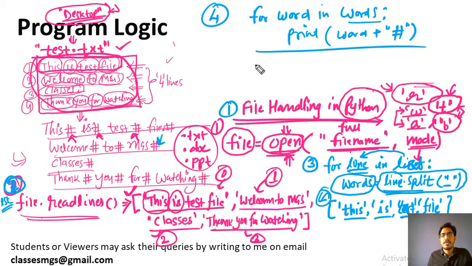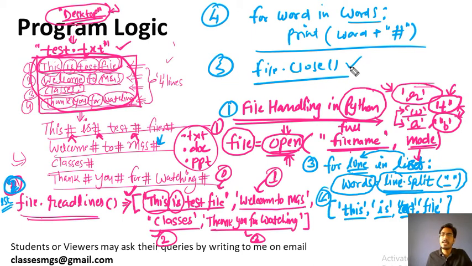And at last we will close this file. Whenever you open a file, always close the file again, so that the file may not crash. It is better to open the file, work in it, and then close it. So this is how the logic will be. I have explained what kind of concepts we are using. Now I am going to do a step by step solution, and then we will write the Python code and run it.